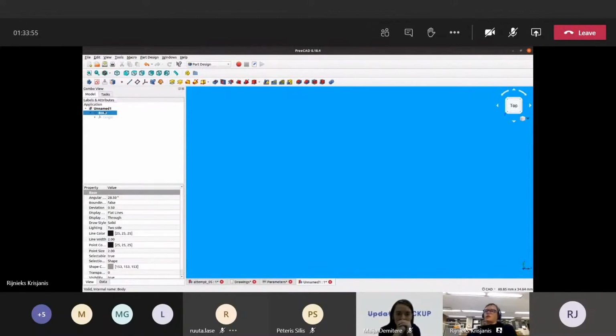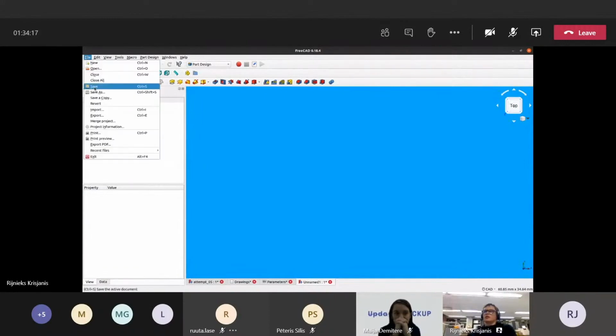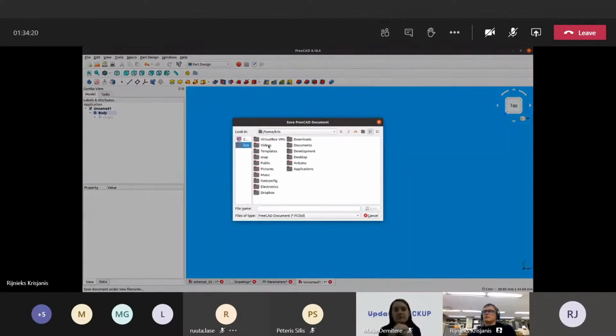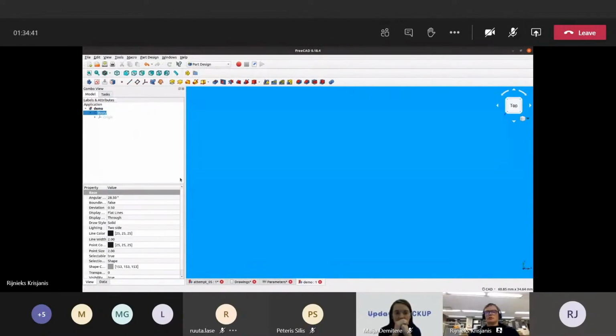So here in the combo view, you can see the structure of the design that you want to build. If you want to have multiple parts, these different parts are called bodies. Here you can see that there's the application level, then there's the document level. If you go and save it as, let's save it as demo, you see that the file name appears here. By default, the body is called Body, and we can name it